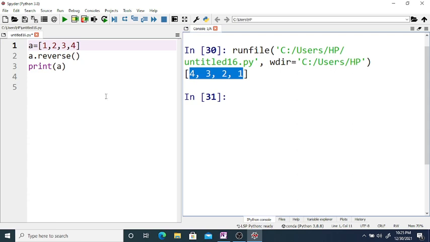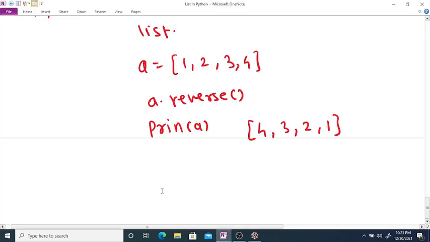The list a gets modified, and it prints the reversed elements. So this is the reverse keyword.